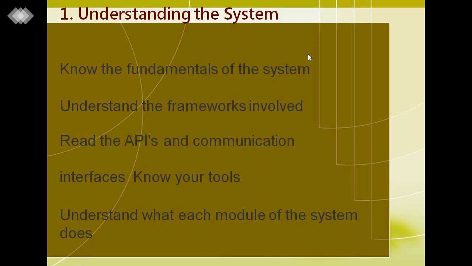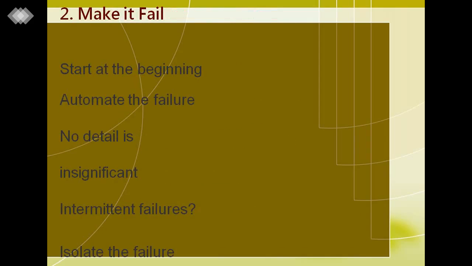So first is understand the system. Know the fundamentals of the system, understand the framework involved, read the API and communication interfaces, know your tools, and also understand what each module of the system does. Second, make it fail: start at the beginning, automate the failure, no detail is insignificant,